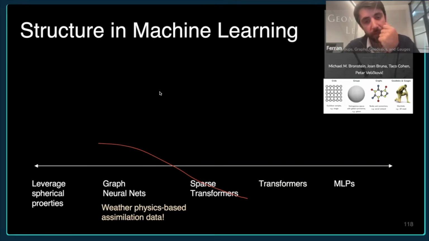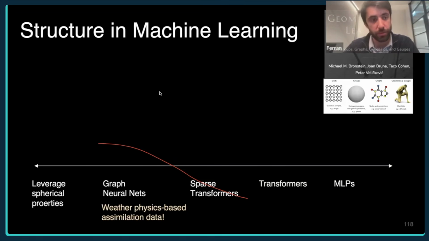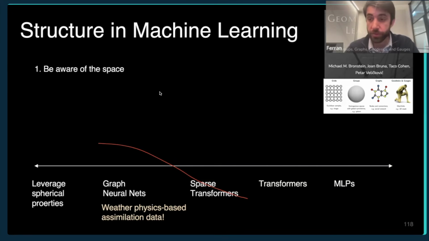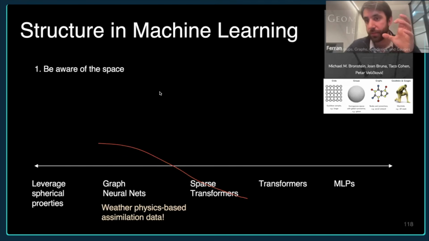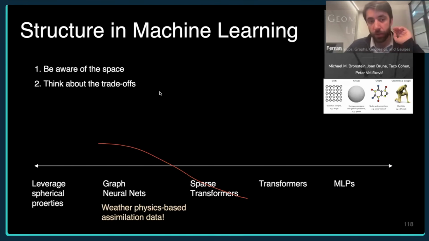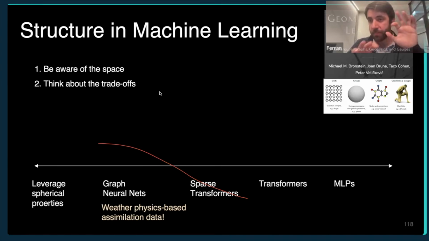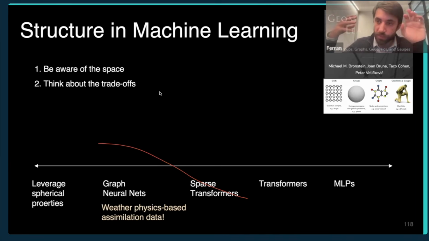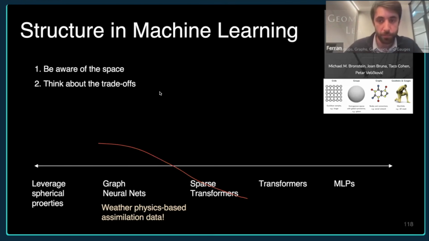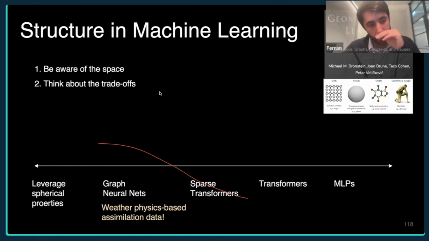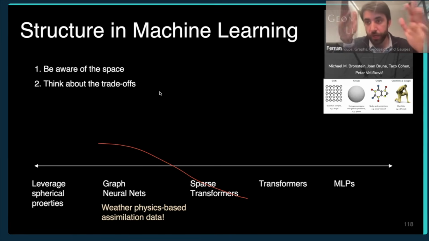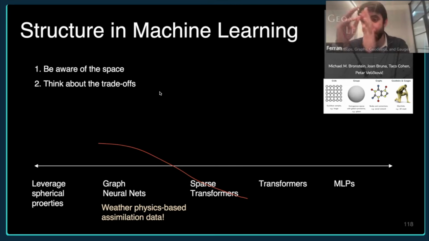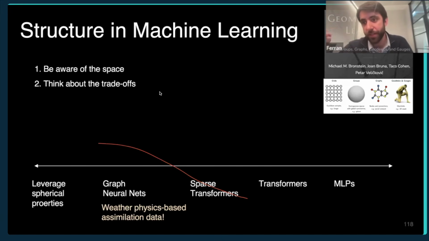So there is really a spectrum. Maybe the book that best encapsulates this that I really like is called Geometric Deep Learning. So two recommendations here. First, be aware of the space of the different types of symmetries and things that you can encode and not encode into the system. And also think about the trade-offs, because you want to encode the right inductive biases, but you also want to be aligned with the TPUs, with what's really simple and at the same time fast. And finally, one point in orange here is that there's an implicit hidden bias in our data. We are training on a data set that was created using the traditional weather systems. And so by definition, there are lots of physics-based inductive biases hidden in our data.